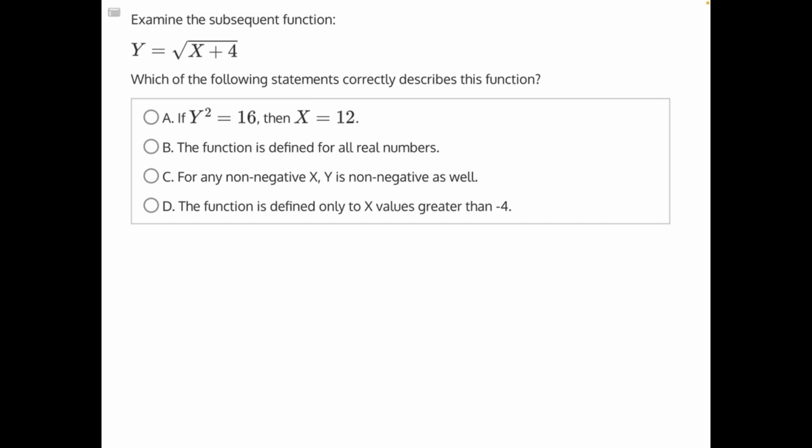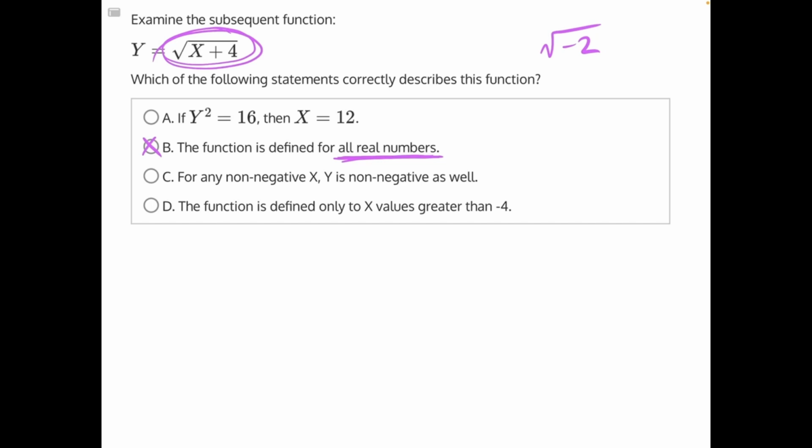B says the function is defined for all real numbers. Well, immediately we should think of our square root here. A square root function is undefined when the number underneath the radical is negative. Any negative number, you cannot find the square root of a negative number because no two identical numbers multiply together to give you a negative result. Therefore, B is incorrect because all real numbers includes negative numbers, and we cannot have a defined negative number under